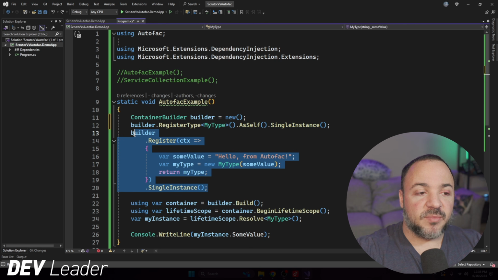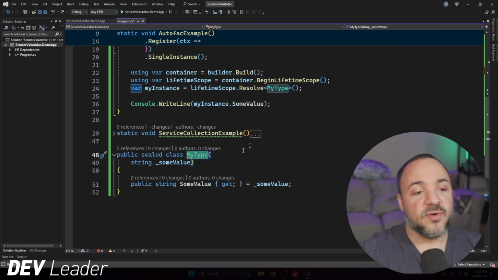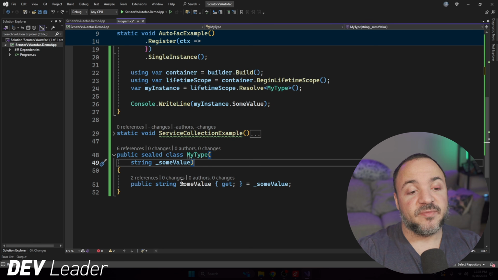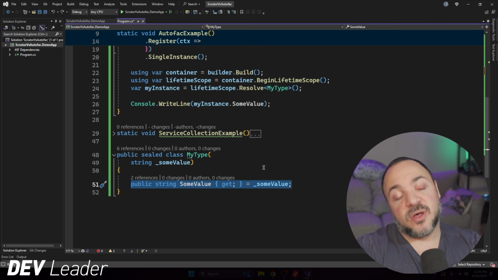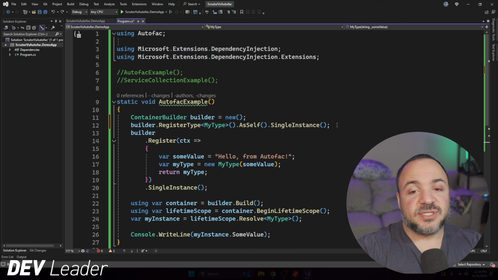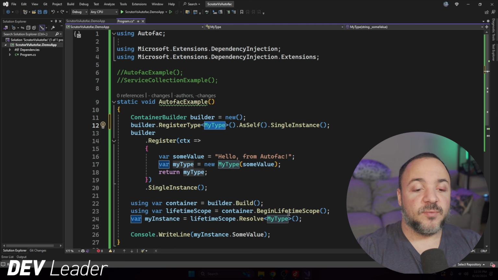The code that we have below is very similar in nature, but one difference is if we go look at the type itself, jump over to that definition, we can see that it has a primary constructor. So it takes in one value just called some value, then there's a property for it as well. The tricky part here is that when we're just going to use the typical syntax, like we see on line 12 here, when we go to resolve this type at runtime, which would occur down here on line 24, we're